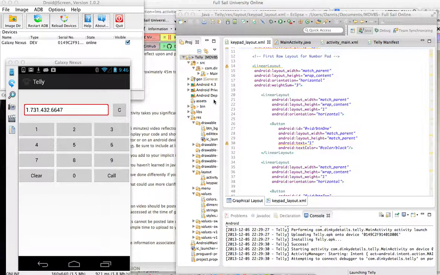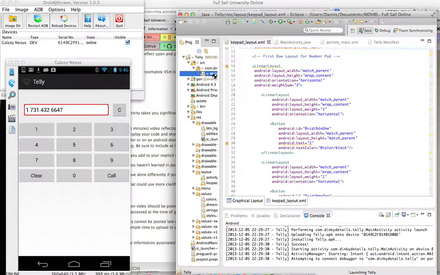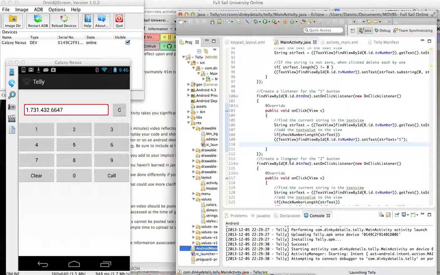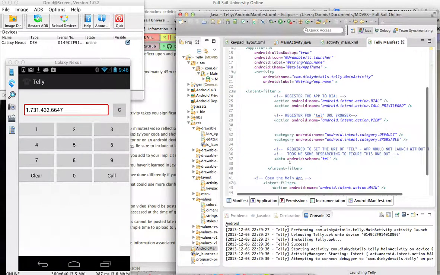The other part that held me up was, I believe it was the main activity, if I can get here. Nope, it wasn't. Sorry, it was the Android manifest. Inside the manifest,